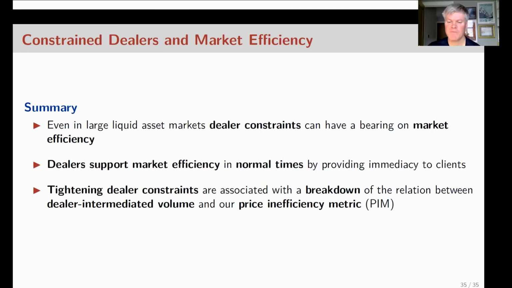That's super interesting. And one more tiny question. You had these intriguing results where you showed that the tightening of constraints was different for banks versus non-banks. Do you have a story for what's going on in driving those results? I found that very interesting.